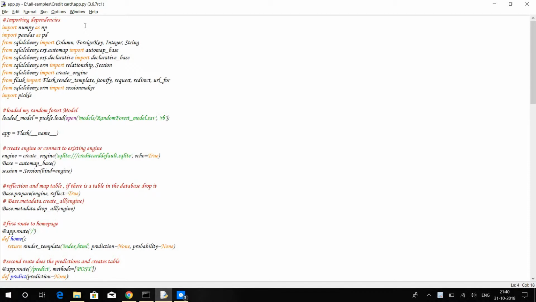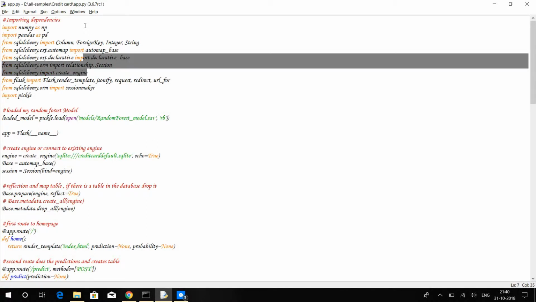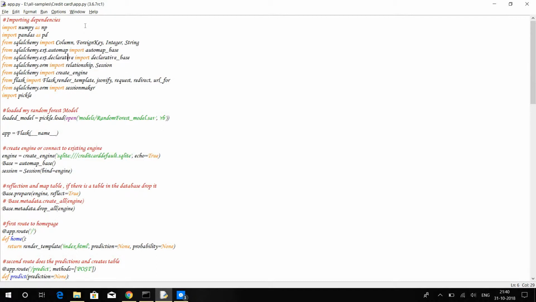Then NumPy and Pandas to perform operations, and then SQLAlchemy because what we're dealing with here is databases. We're dealing with SQLite as a database. So we're importing SQLAlchemy here. As you can see, from SQLAlchemy import Column, ForeignKey, Integer, String. All these are basically functions of SQLAlchemy which we are importing because we need to perform operations on the databases. And we're importing Flask because that's going to be the micro web framework with which we'll be